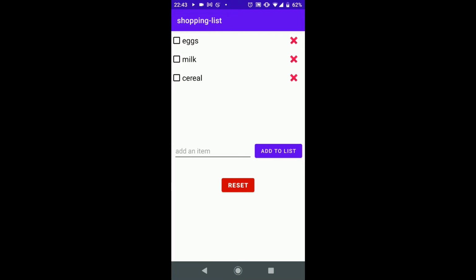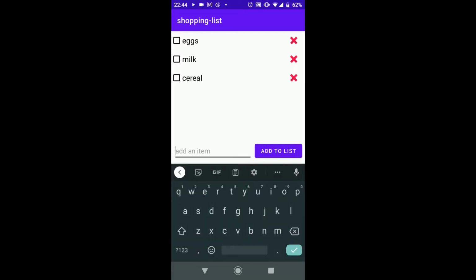And we've got eggs, milk, and cereal. I do buy milk and cereal, but I do not, in fact, buy eggs. So we'll be getting rid of that later, and I'll show you how. First of all, let's add an item. Let's say I'm going to the store, and I'm like, oh gosh, I forgot I needed to grab some,